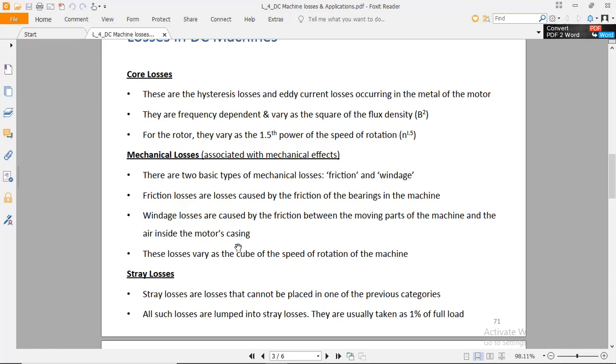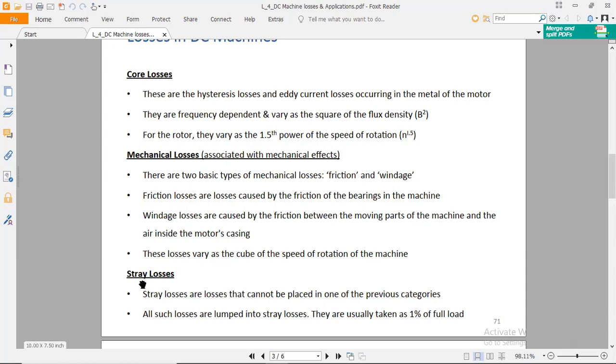Due to the rotatory machine, the motor is most of the time too hot after 2 to 3 hours of continuous rotation. So we need to cool down the motor, and the housing and exhaust fan play a vital role in cooling it. There are many mechanisms to cool down a transformer. Similarly, cooling mechanisms are available in the motor to reduce heat losses and windage losses. These losses vary as the cube of the speed of rotation of the machine.